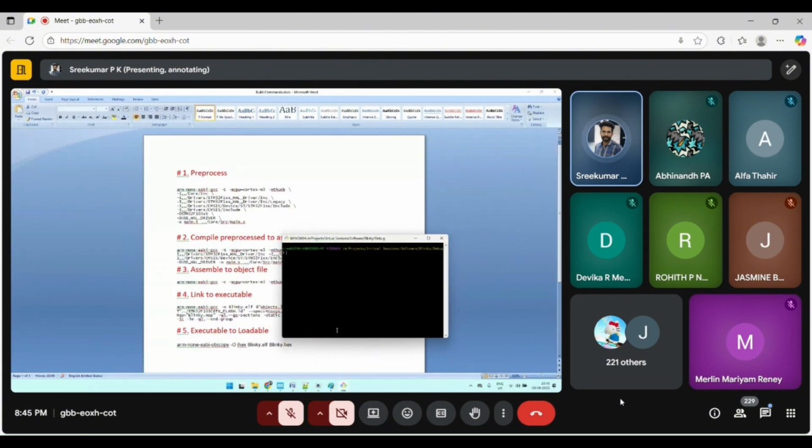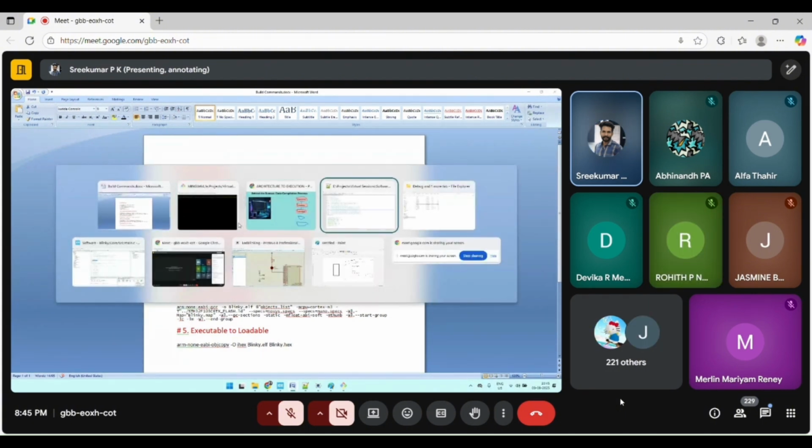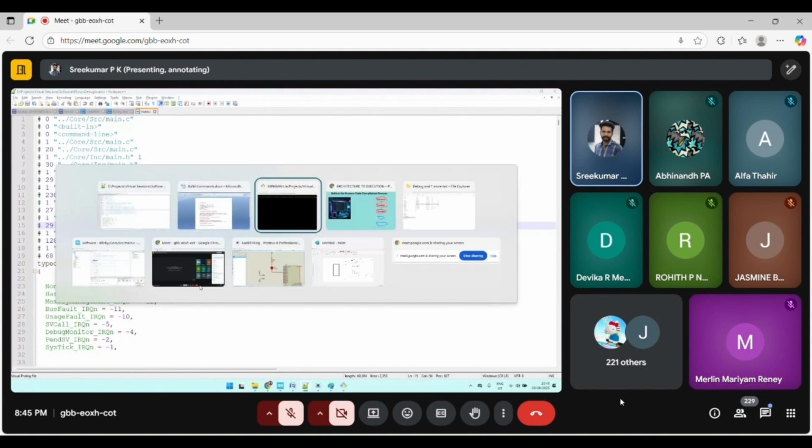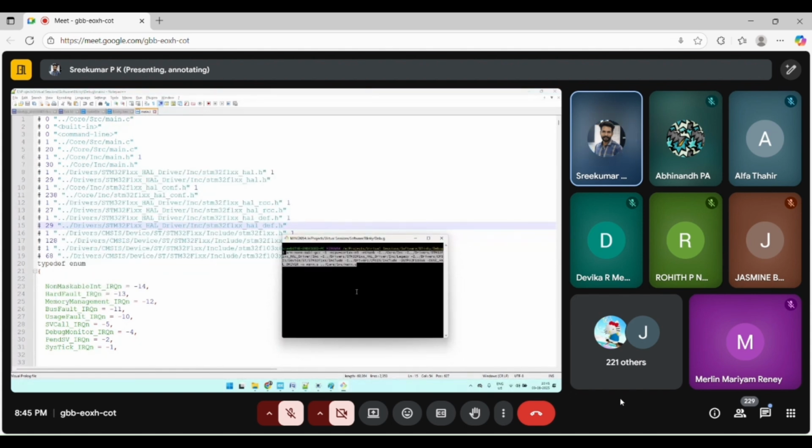This is the command for compiling the .i file. I said after pre-processing you will get a file like this, so now I am going for the compilation.